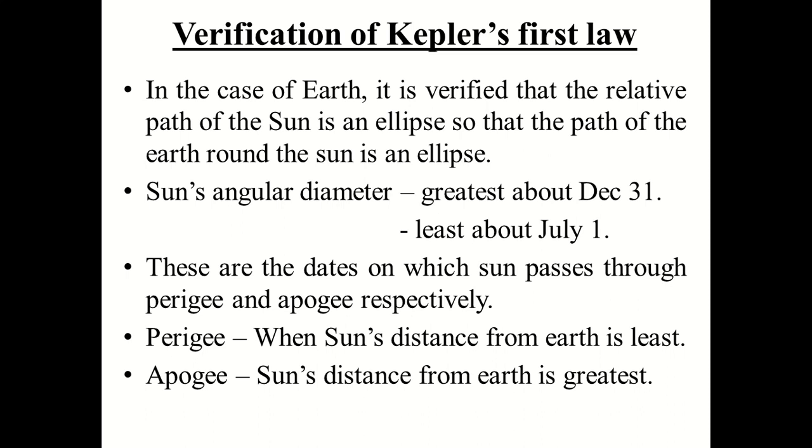Another thing is that if you consider the angular diameter of the Sun, we can observe the Sun as a circular object, and the distance between two diametrically opposite points is called the angular diameter. It is actually the angle subtended by the two extreme end points at the eye on the Earth, which is greatest around December 31 and least around July 1. That means the angular diameter of the Sun is varying,